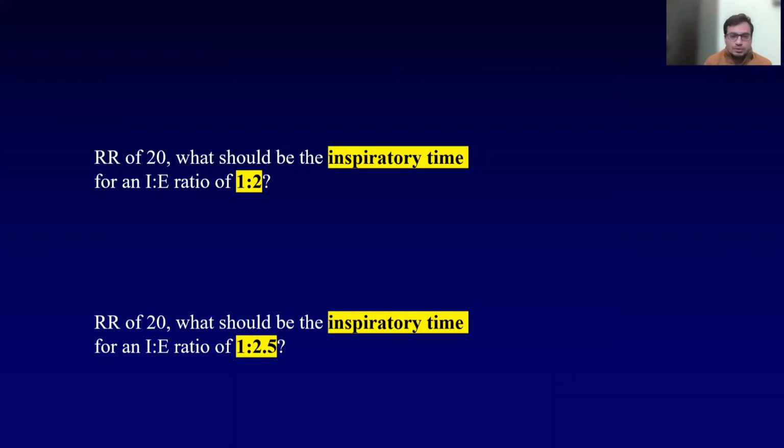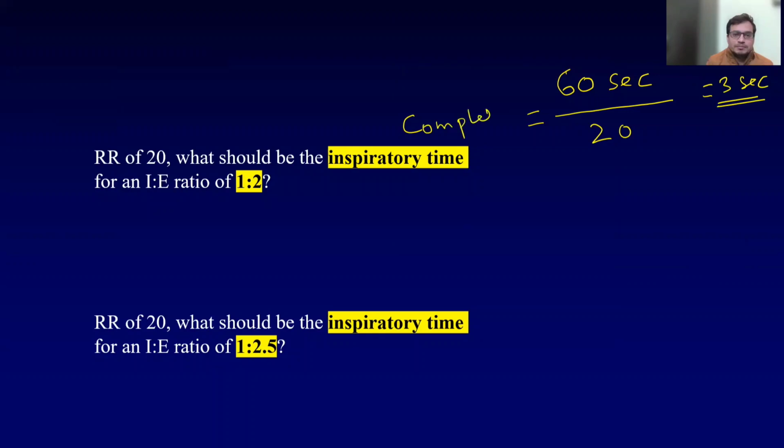So that you have to calculate. Time is limited, isn't it? One minute is 60 seconds and the respiratory rate is 20 per 60 seconds, correct? So what will be the absolute respiratory time? The whole respiratory time will be about 3 seconds. That is the time spent in the whole breath, the complete breath time.